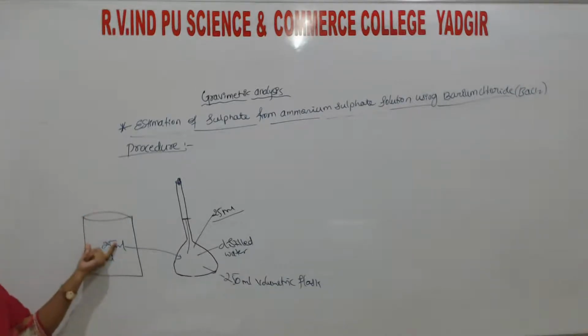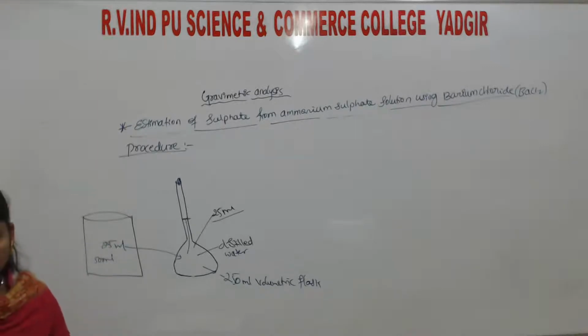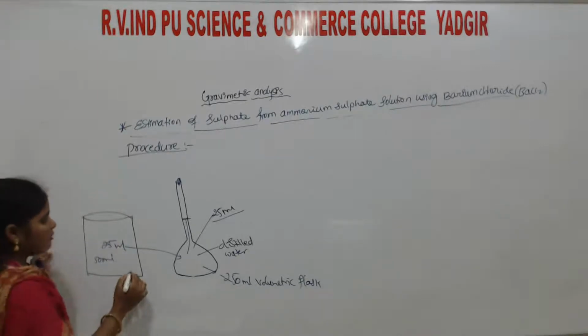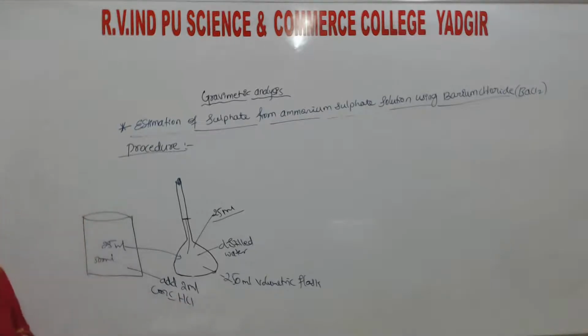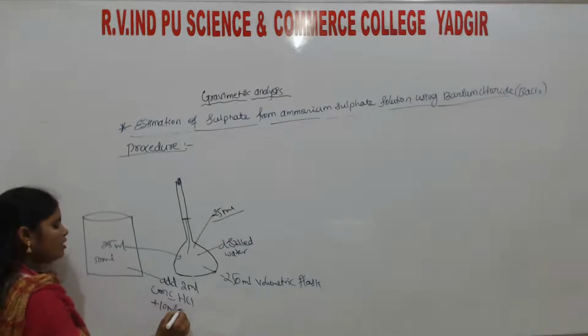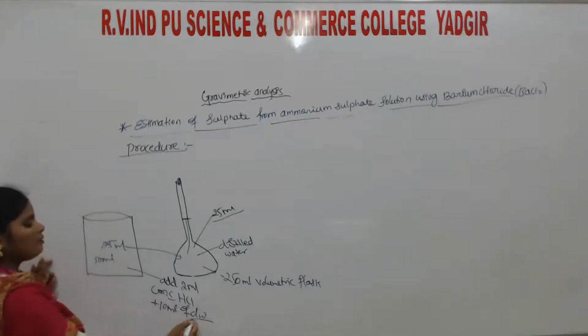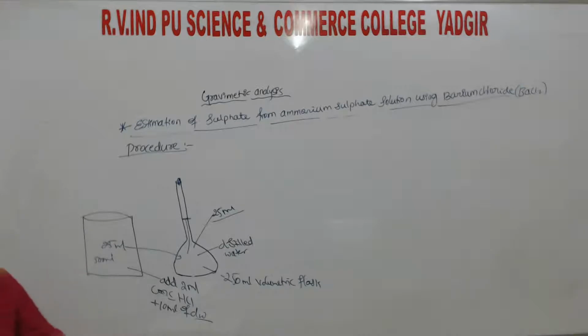Cover with a watch glass, and add 2 ml of concentrated HCl. Afterwards add 2 ml of concentrated HCl and 10 ml of distilled water. The same here in this beaker: 25 ml of diluted solution, 2 ml of concentrated HCl, plus 10 ml